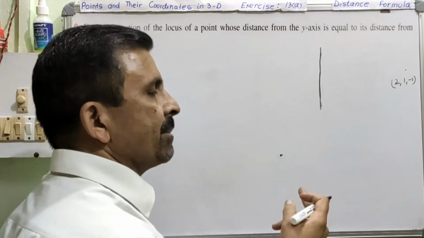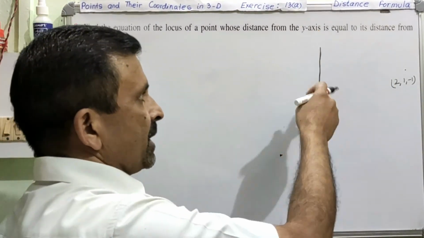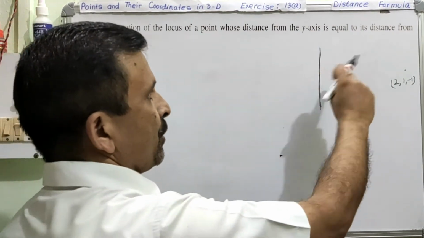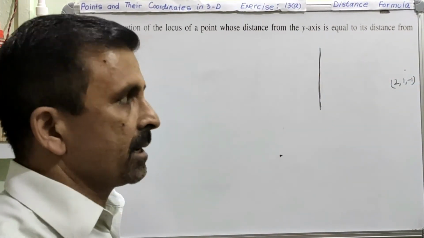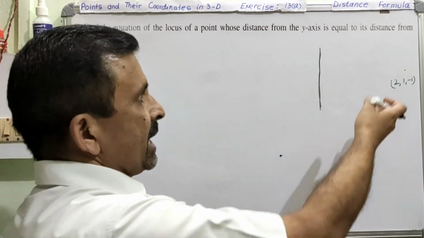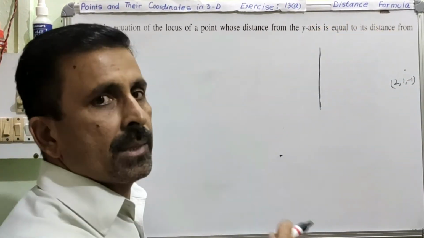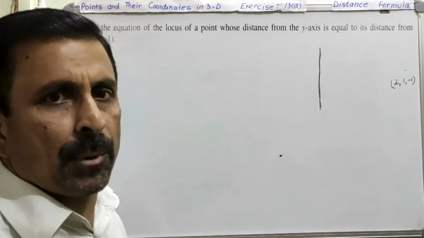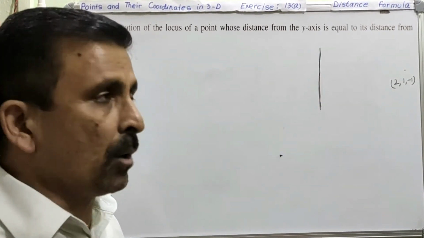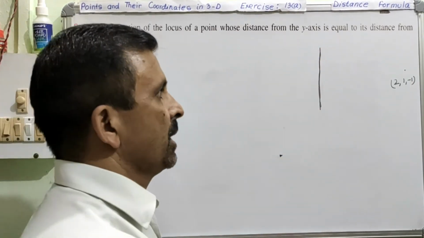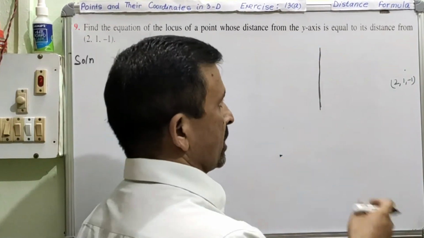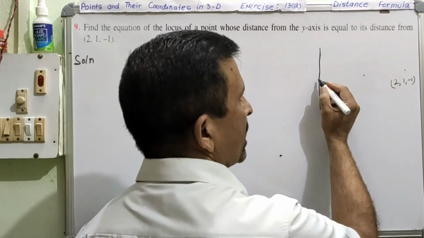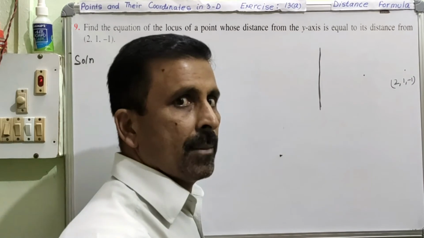Now this question is the same as question number 7. In place of this, you just had another point, right? In the previous two questions, you had both as points. And here the question is trying to confuse you by saying that this is a point and this is a line, an axis. Am I very clear? So this axis also can be seen as a point for me. How will we see this axis as a point? See now. You have to find the locus of a point which is at equal distance from this y-axis and this point. So let us mark that point which is at equal distance from the y-axis and from this point. Am I very clear?